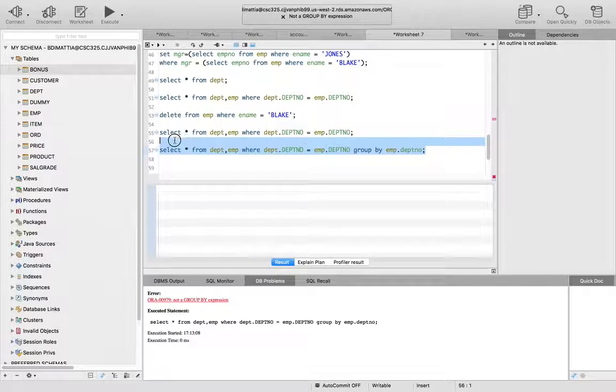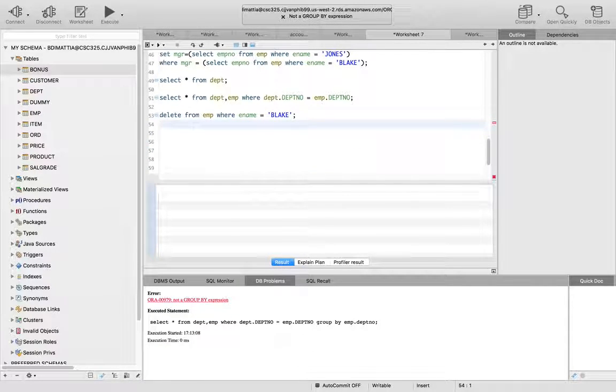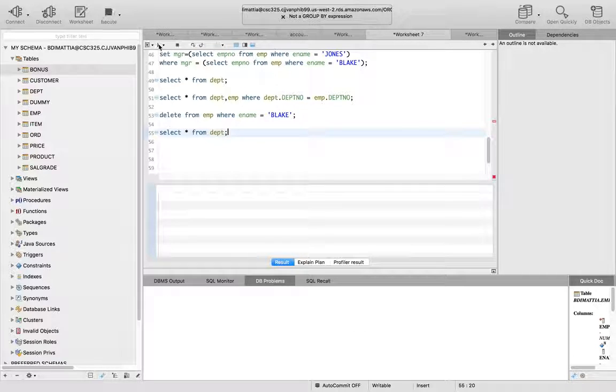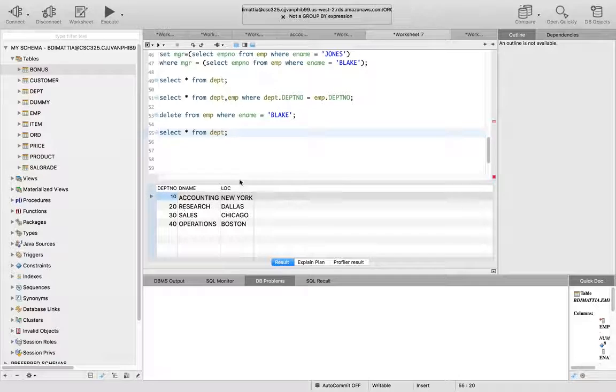Okay, so what we'd like to do next is get some information about what department is the best department to work for. And that's really based on salary. So we'd like to find the department that pays the best overall salary. To do that, if we just do a select star from department, which is another relation in here, we see we've got a bunch of department tuples,